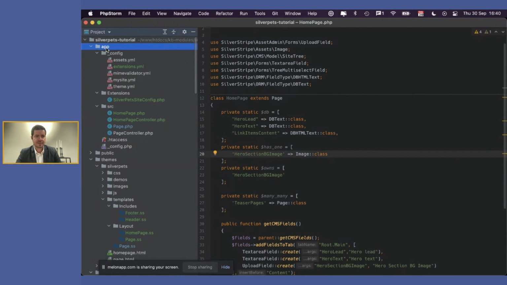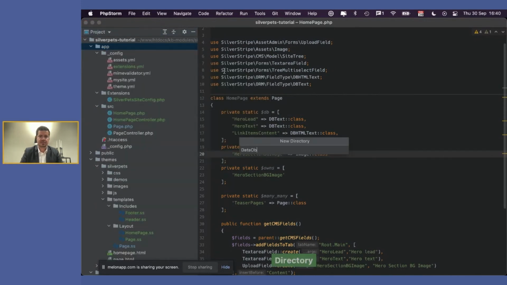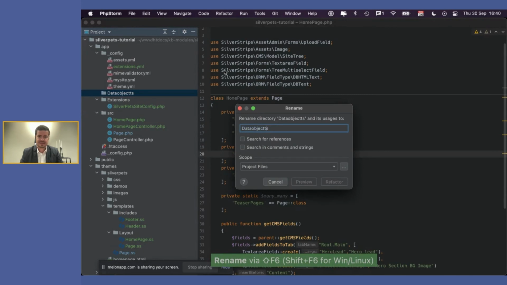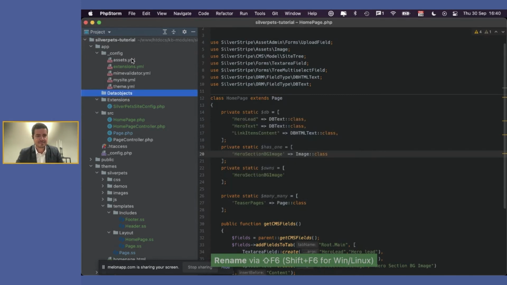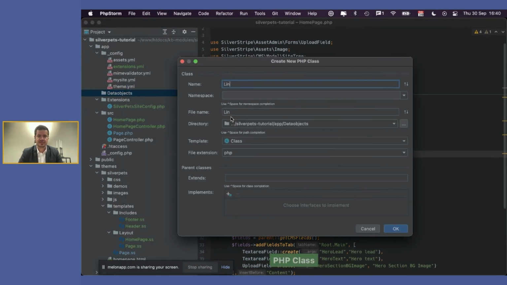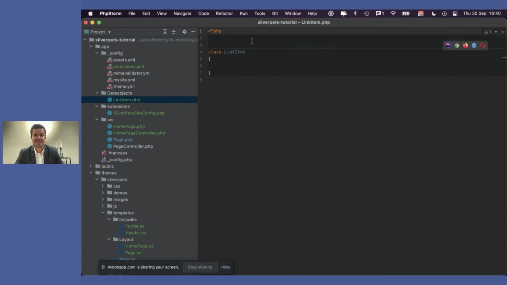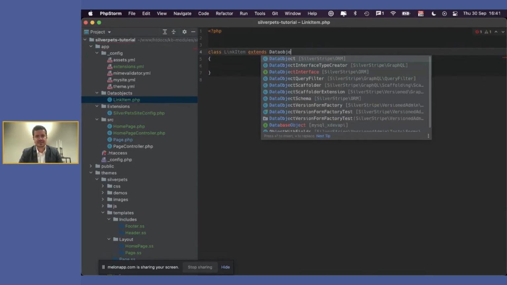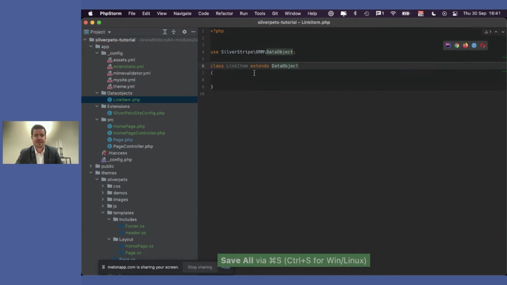So good practice is to create a new folder for that called data object. I suck at this spelling. Okay. So here we can create a new class called link item or whatever. Fairly abstract name. Extends data object. So it's a type of data object. And here,